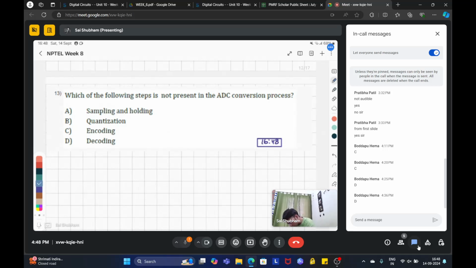So I will explain. You have an input voltage, there is a switch, and there is a capacitor over here, and this is your ADC